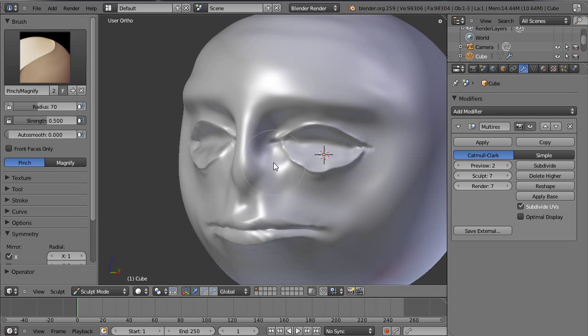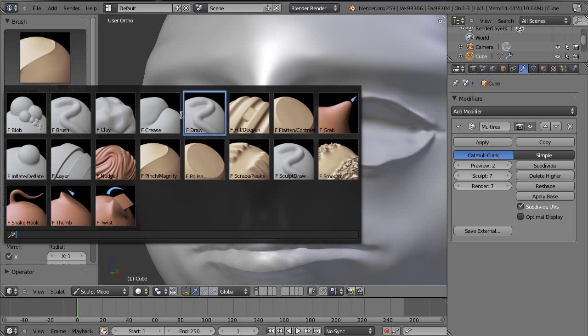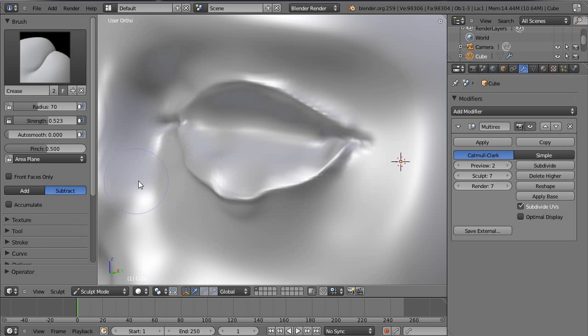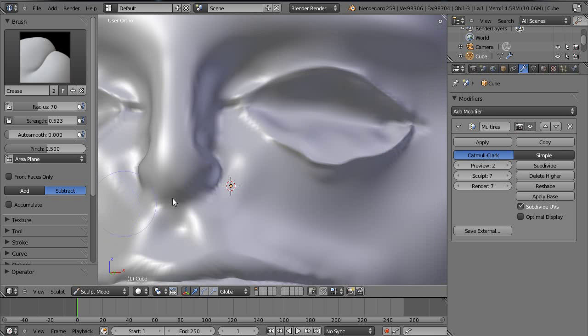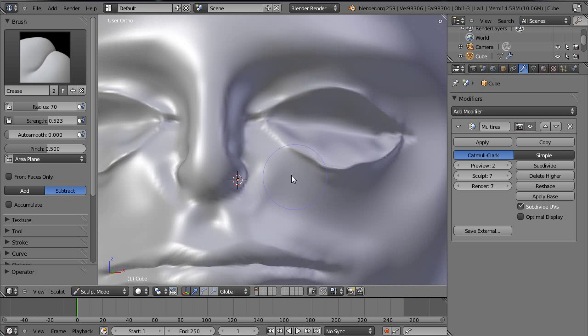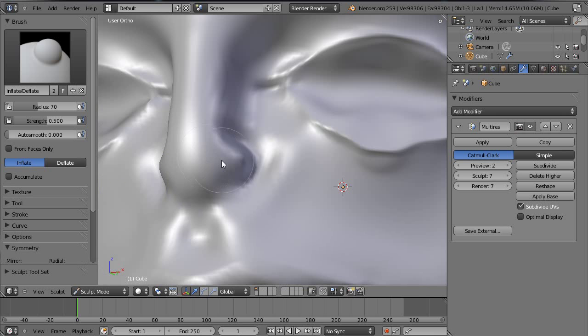Pinch is good just for getting that extra little bit of detail in there. Crease, again, is quite useful for defining the initial stuff. Now that eyelid looks stupid after I messed with the grab tool on it. I might use inflate a bit as well.